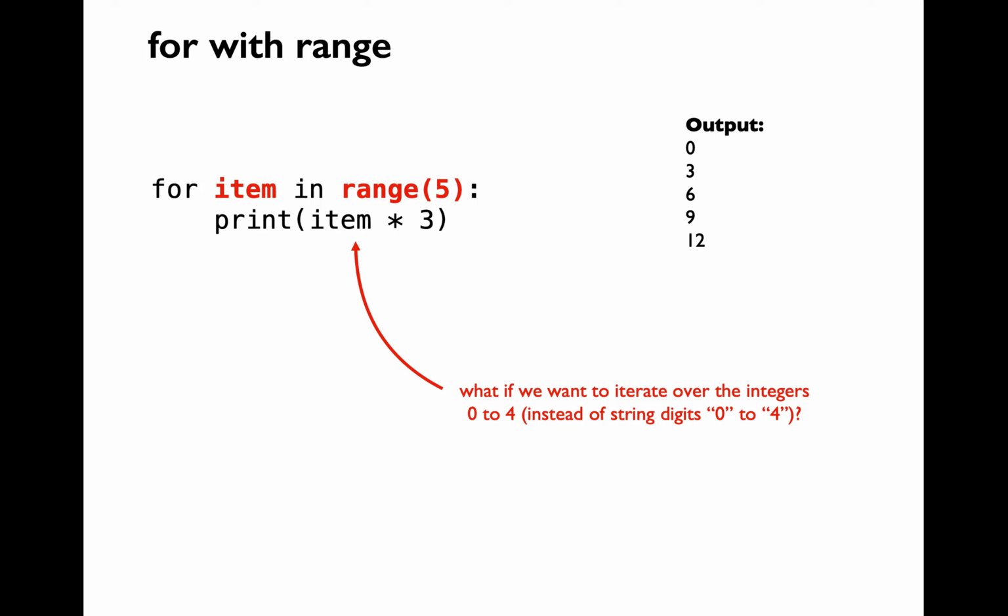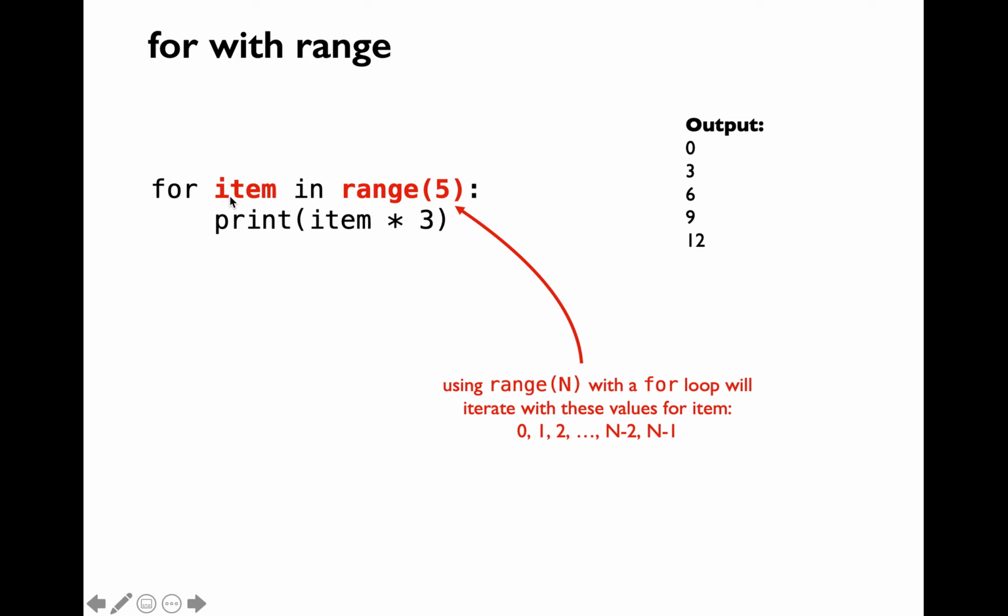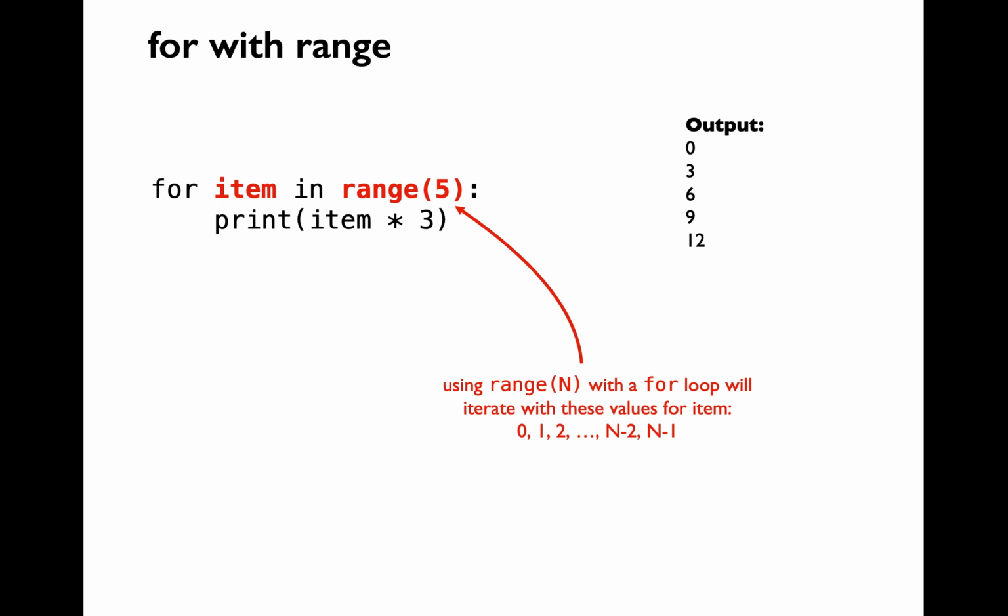So your range built-in function call is going to generate the values from 0 up until that particular argument value minus 1. So this particular for loop is going to run for the values of 0, 1, 2, etc. up to n minus 1. Then you can use those returned values in your for loop body, and the output of the program is now going to change as 0, 3, 6, 9 and 12, correct? That's because item contains an integer value, unlike the previous version of the for loop.